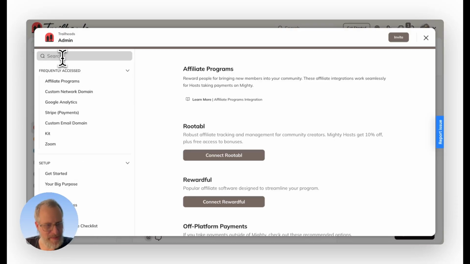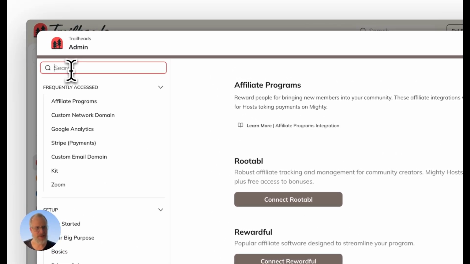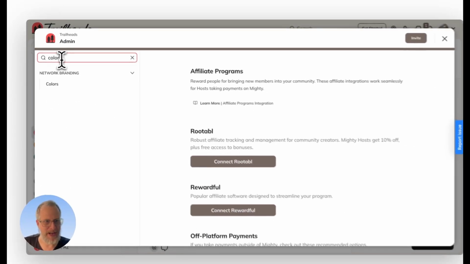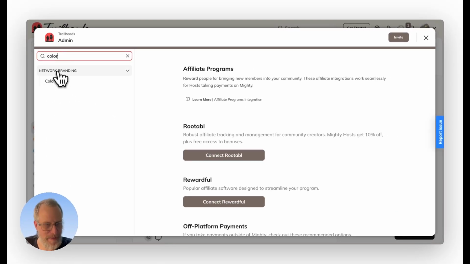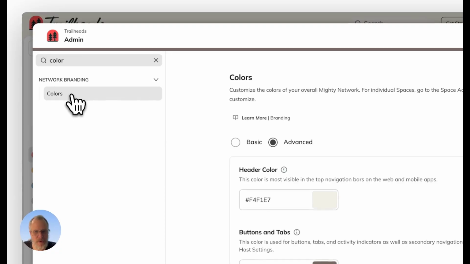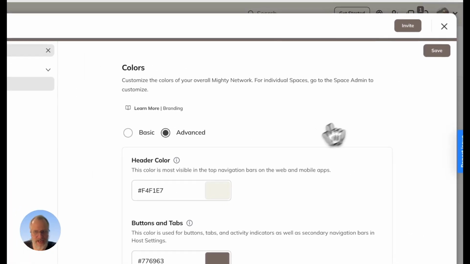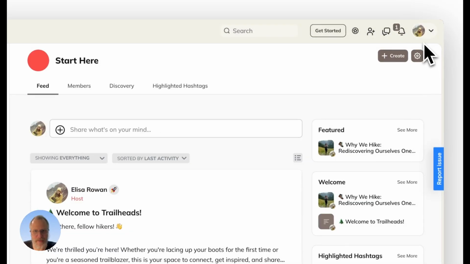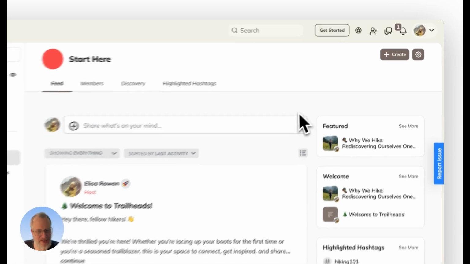Also super useful is the ability to search. So for example, if I wanted to search for how to change colors on my network, I could just type in color and it'll jump me right to the network branding area, or I can open up colors and go to town. Now I'll close this out here because I wanted to also mention that at the space level, every